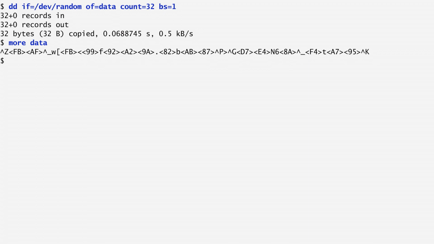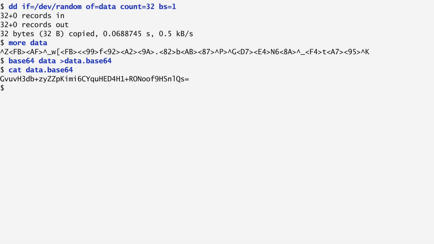To convert the binary data into printable characters, I run the base64 command on the data file, redirecting the output to a new file named data.base64. Now, concatenating this new file, we see that it only contains printable characters.